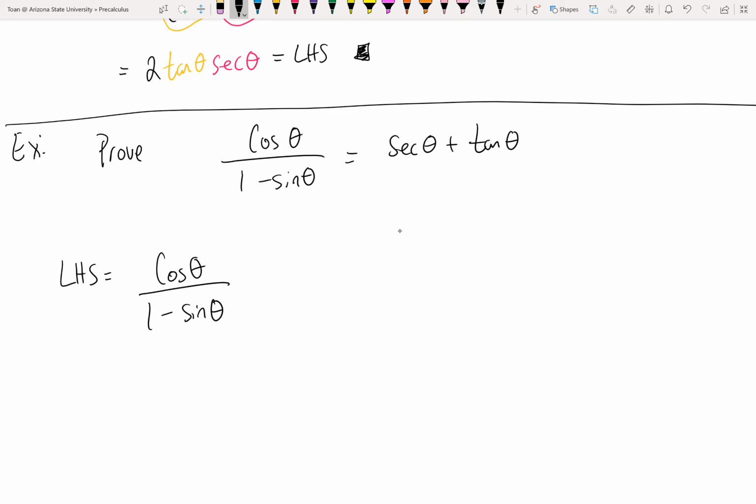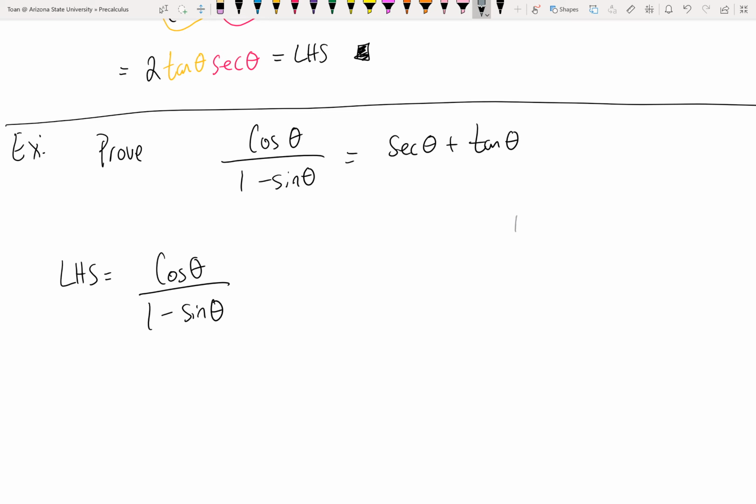Now, this is where we're sort of stuck. I don't see any squares, so I can't use Pythagoras identities. They're already in sines and cosines, so there's nothing to convert. And I only have one fraction. I'm not adding or subtracting fractions, so I can't use the LCD. What can I do? Well, I could just start over and start with the right-hand side, or